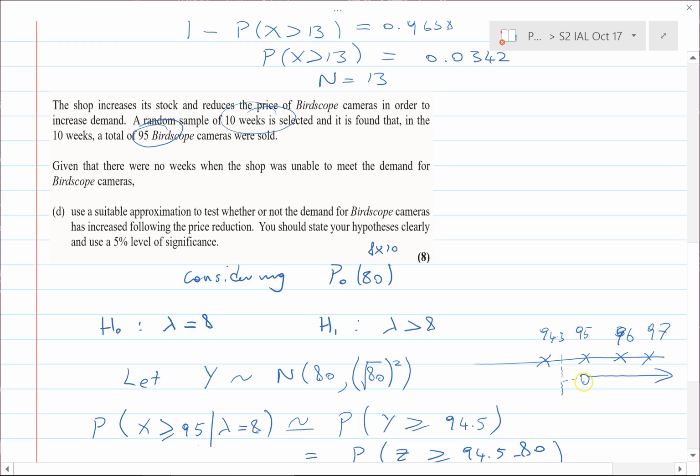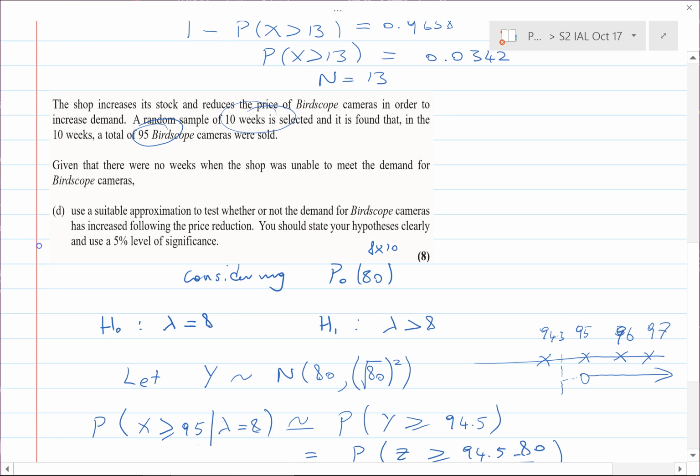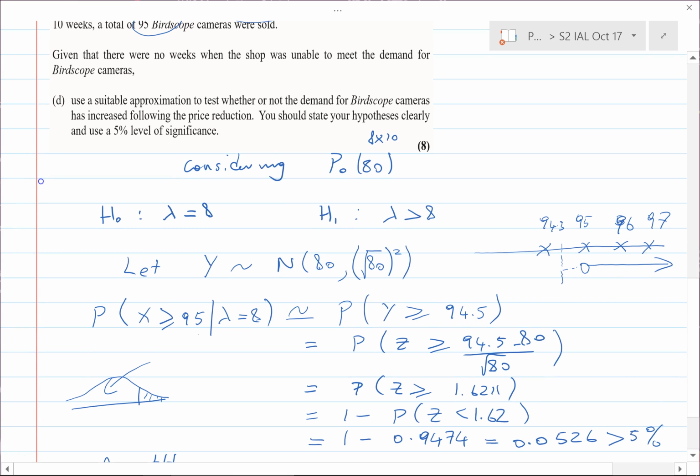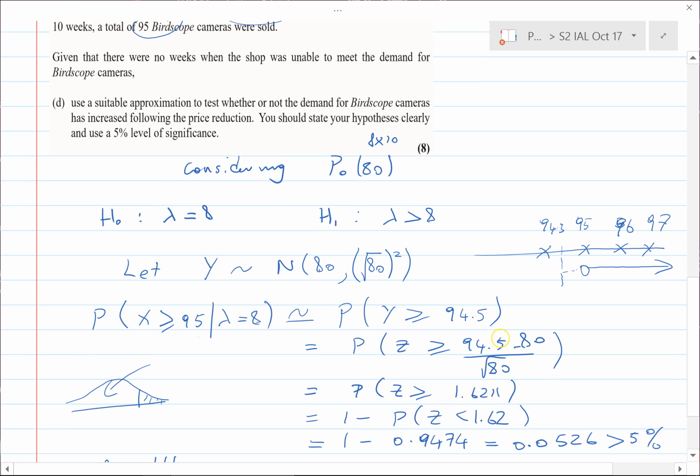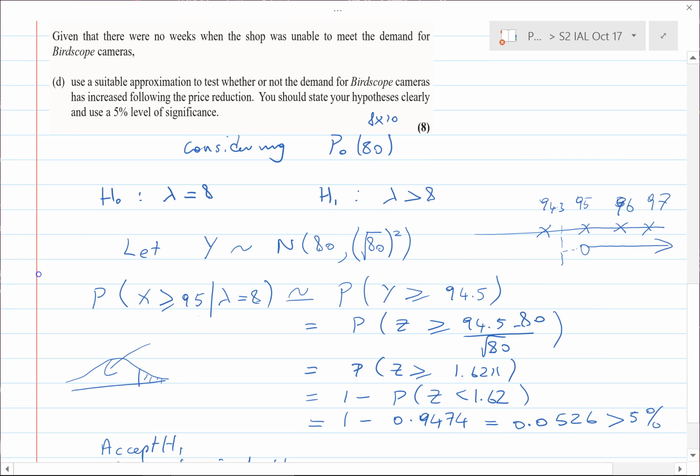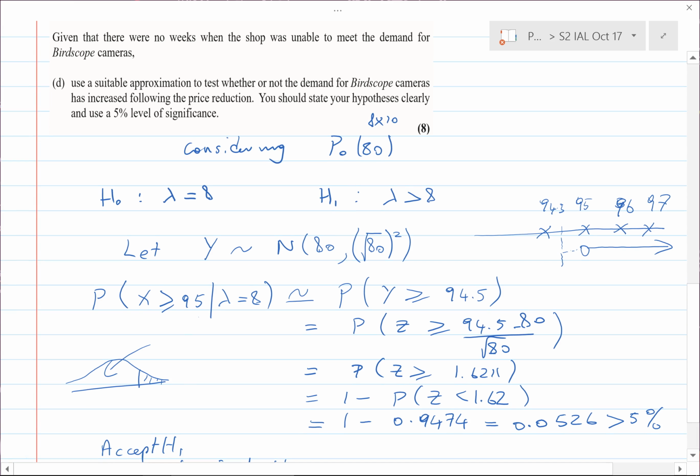If we're changing that to the continuous normal distribution, draw on a number line how that's represented, and extend backwards. So that's 94.5. Then we just do the standardizing. So 94.5, take away the mean, divided by the standard deviation, we get this Z value. And then when we do that and fiddle around with it, this number comes from the tables, we get 0.0526,